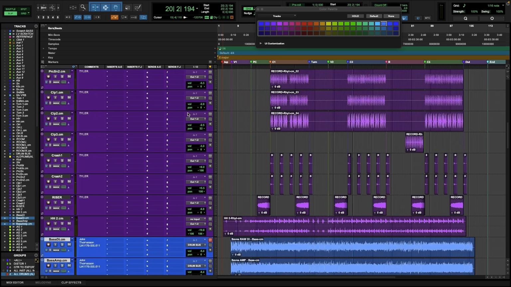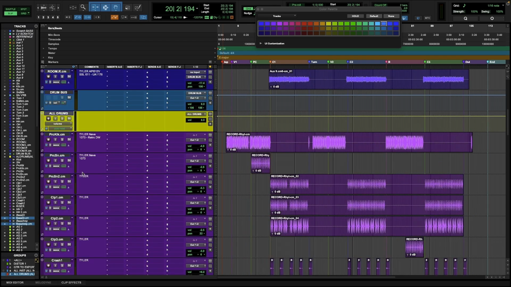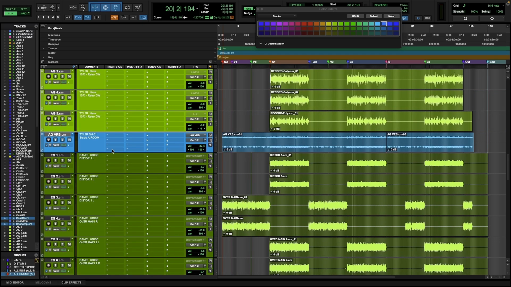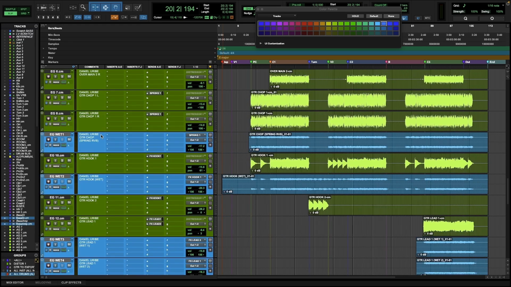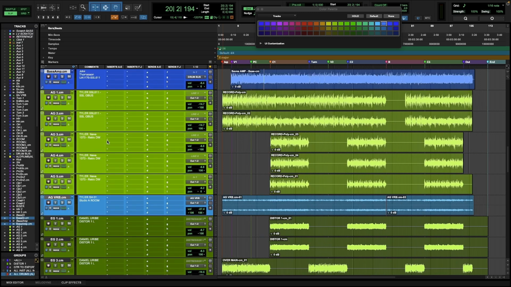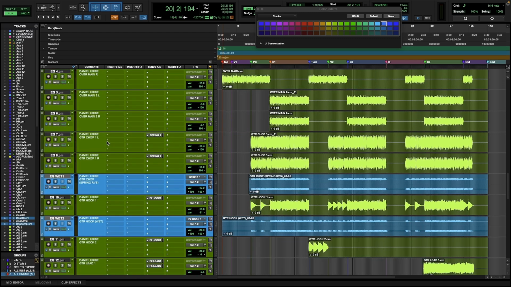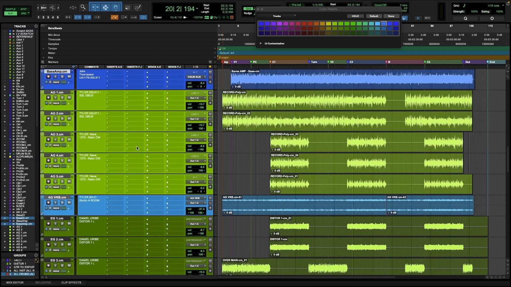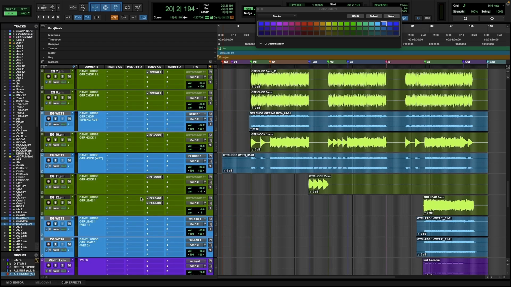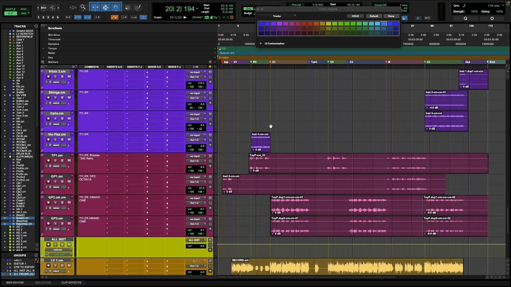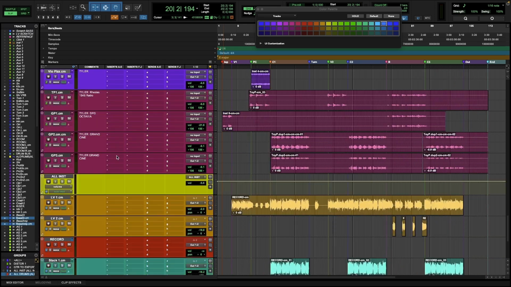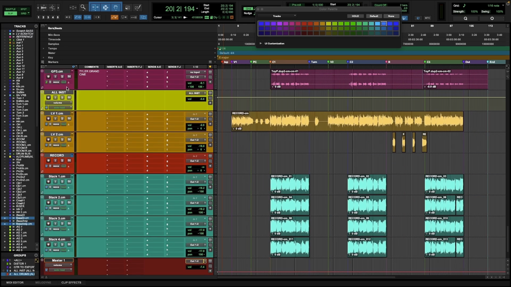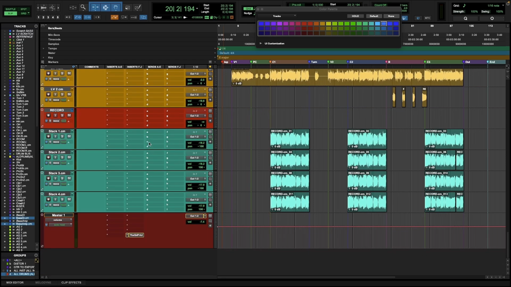And now I'm going to repeat this process with everything. There's going to be a perc bus and a perc group. There's going to be an acoustic guitar bus and an acoustic guitar group. A lot of times I'll just do guitar group, guitar bus instead of acoustic and electric, but because this song has a lot going on and there's a lot of tracks, it makes it easier for me to bus the acoustics and the electrics separately. So we're going to do that, and we're going to have a keys and strings bus. So all of these and the keys will go to one bus, and then all of those buses are going to